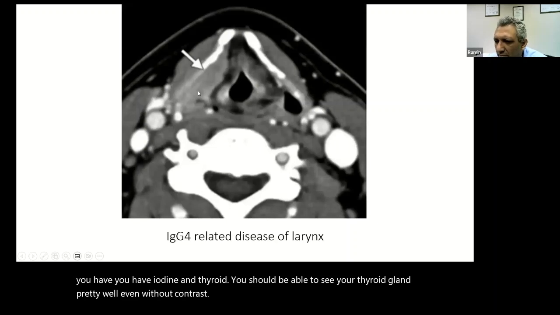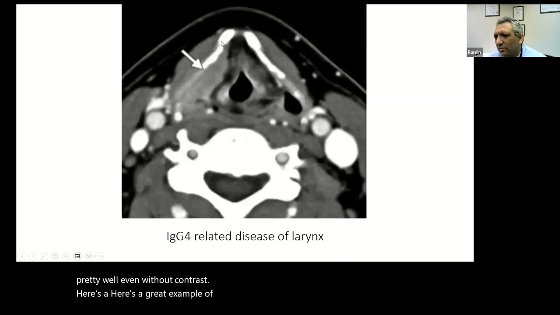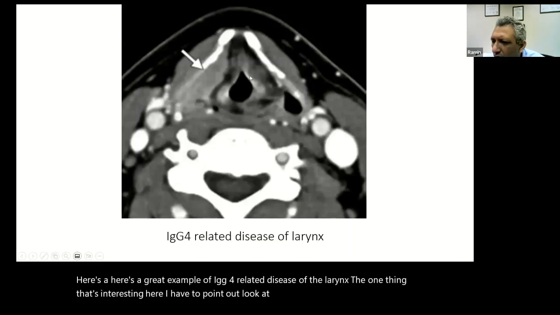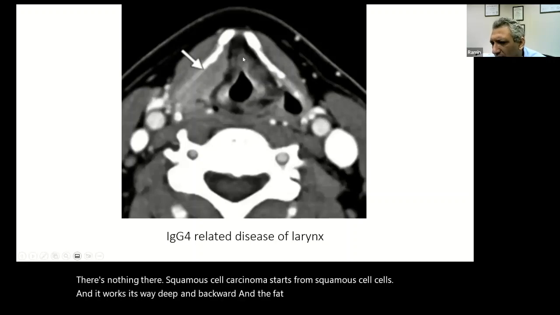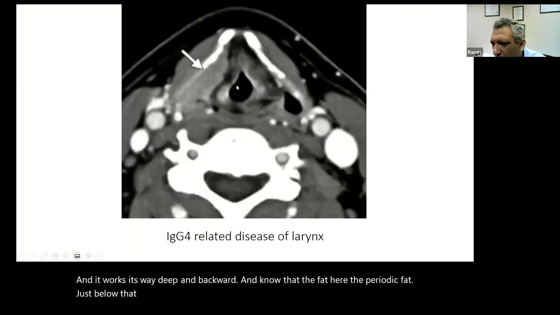Here's a great example of IgG4 related disease of the larynx. The one thing that's interesting here, I have to point out, look at the mucosa of the true cords. There's nothing there. Squamous cell carcinoma starts from squamous cells, and it works its way deep and backward. And the fat here, the periglottic fat just below the vocal cords, is clear, but you have this lesion here. So this is not